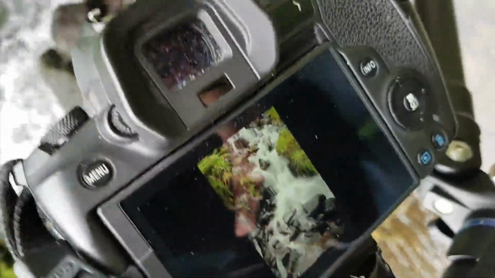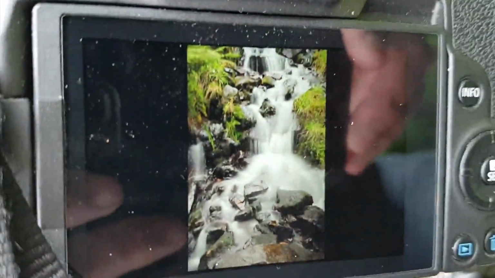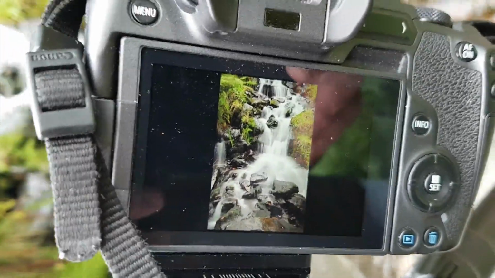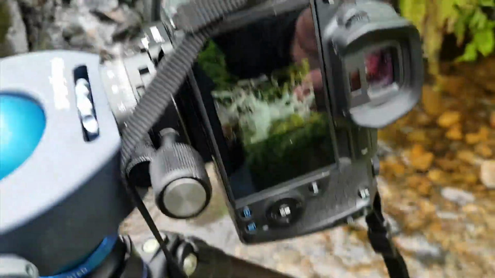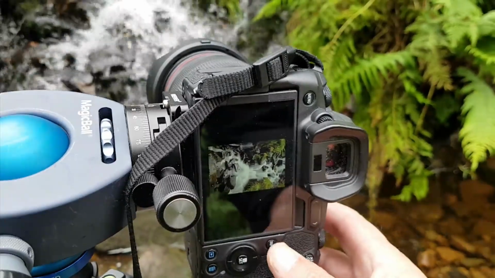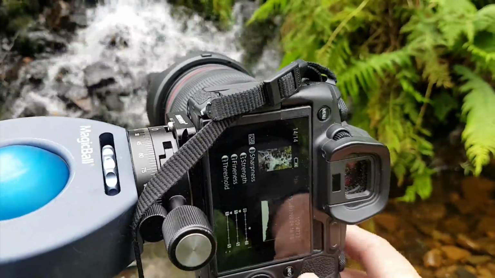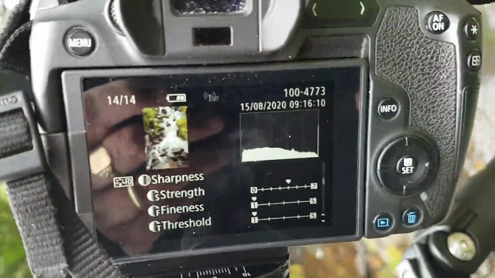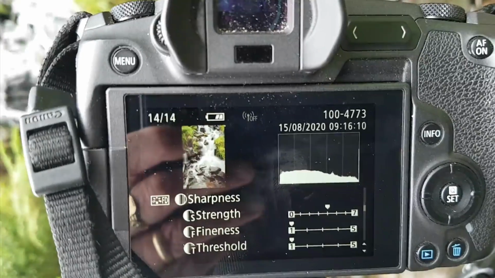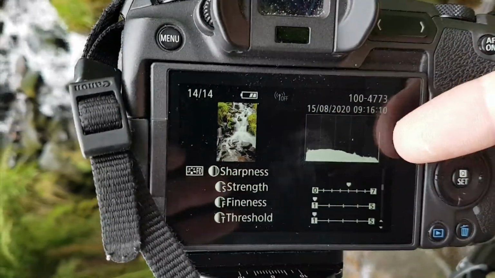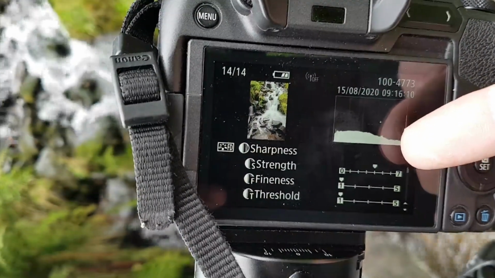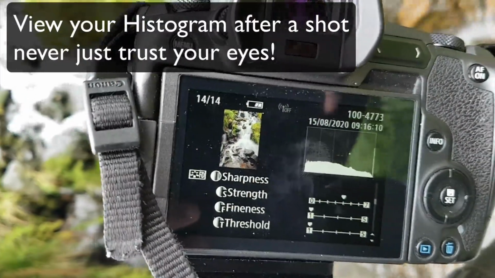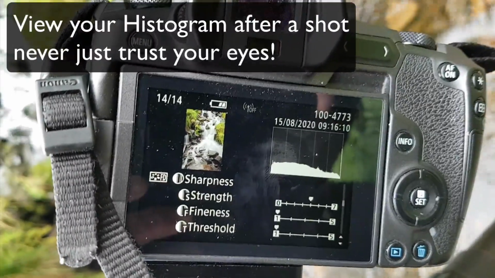We'll just get back to that. See if I can turn the camera around the other way and you can see the image that I've captured there now. The water's a little bit light, so I need to check the exposure on there. So what I'm going to do now, I'm going to go to the info. And I know the camera's the wrong way there, let's try and turn it round. So, if I look at this area, I can see that I'm not clipping. If I am, it's very, very slight